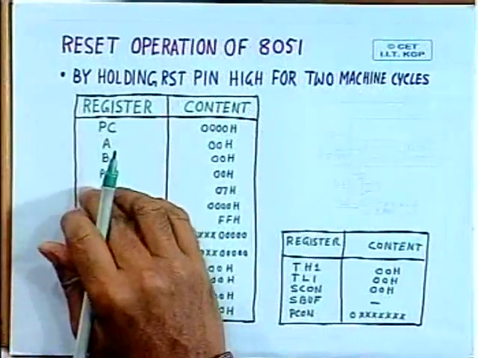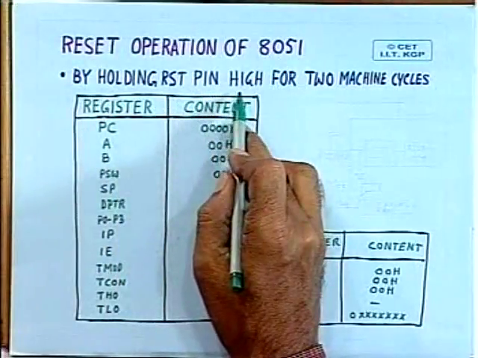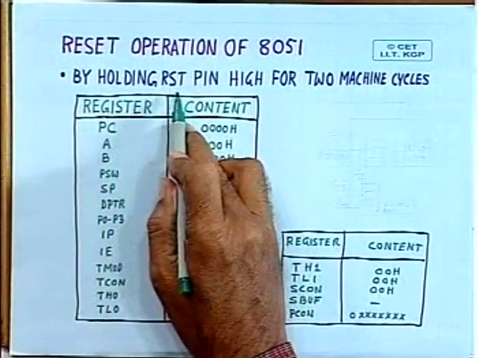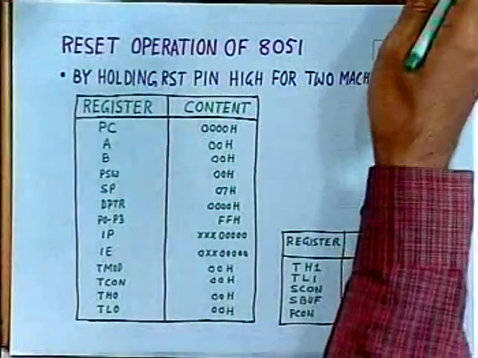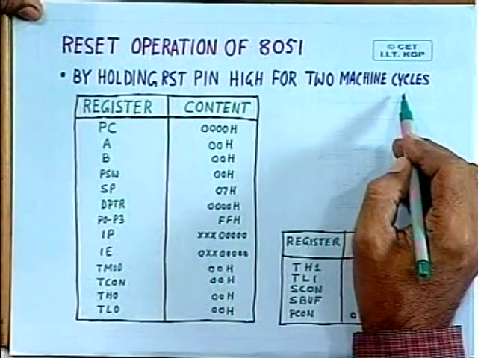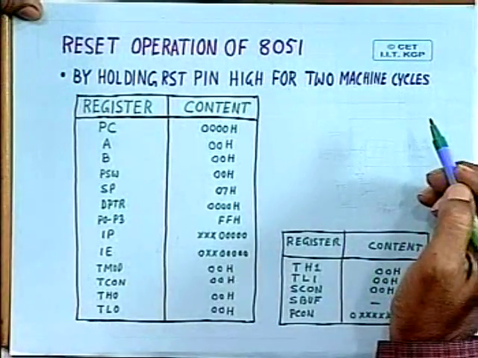Now, as I mentioned, the reset is also considered to be another source of interrupt. And how can the reset be activated? You can activate it by holding the reset pin at high level for 2 machine cycles. 2 machine cycles means 24 clock cycles. And whenever